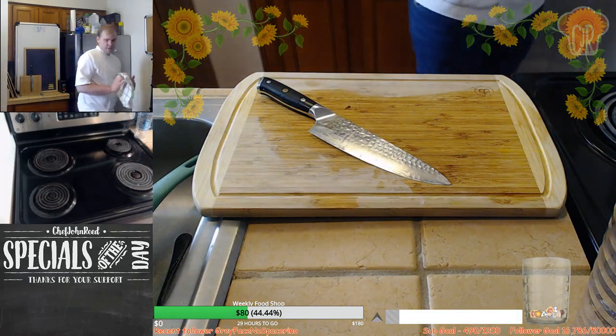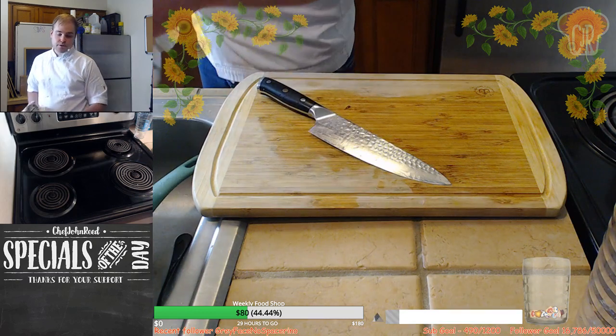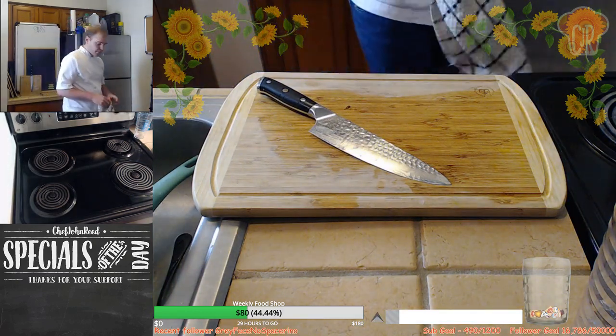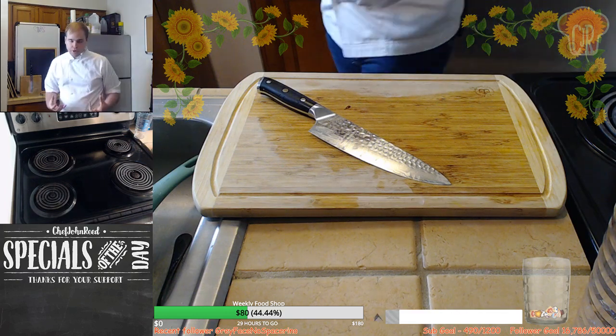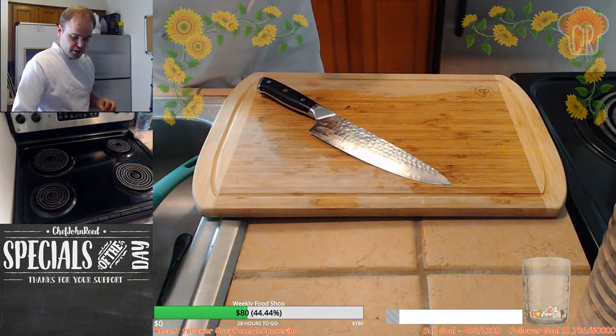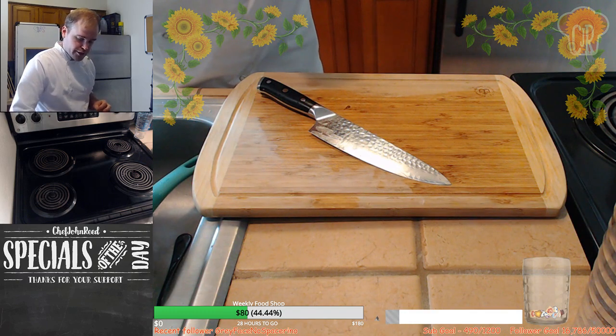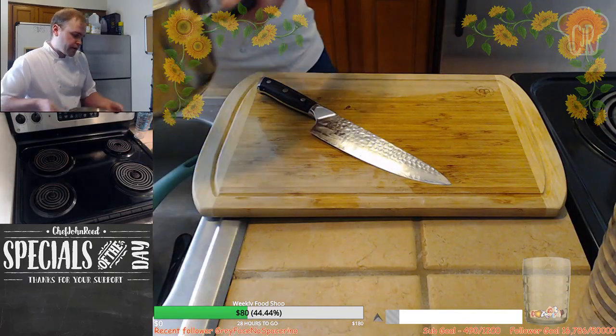So we can start boiling these fries off now. Once they're done, the more time you've got for draining and drying them out, the better. Any moisture on those fries, you're going to have issues with really hot oil. It's going to start spitting. You could even cause accidents. So just make sure those fries are really dried off well, by getting them on early and then drying them off with paper